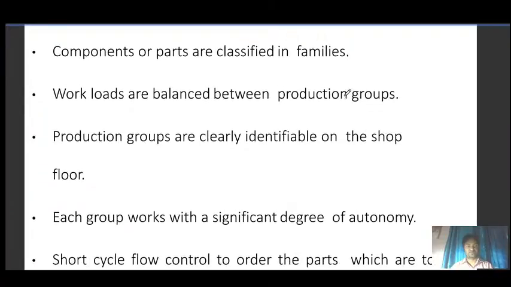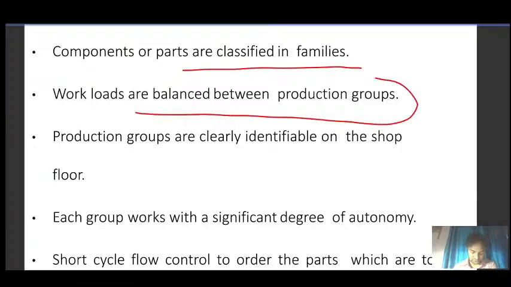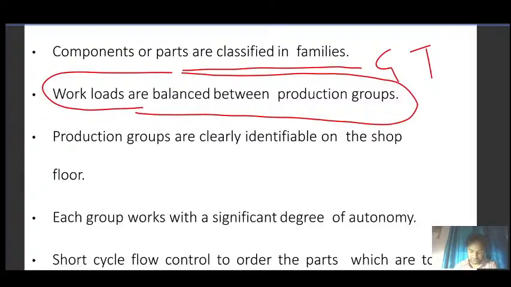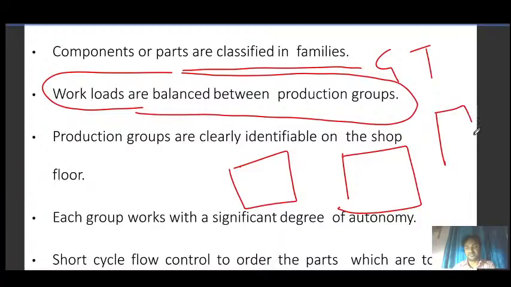So how do we classify in group technology? Components of parts are classified in families. Obviously we have seen that. Then workloads are balanced between production groups. When we go for group technology, since parts are grouped, and again there are machines, so all the machines are engaged.